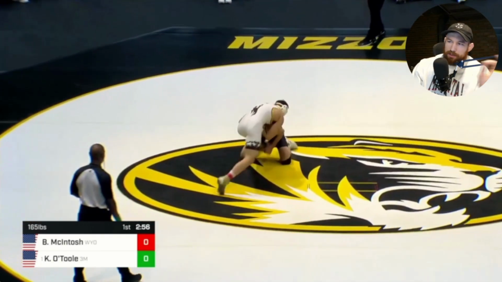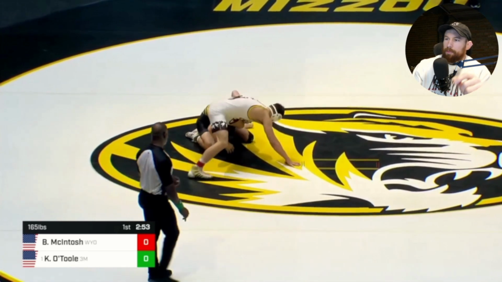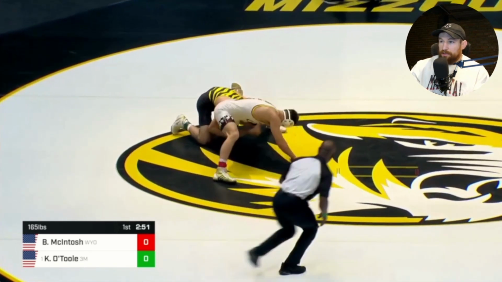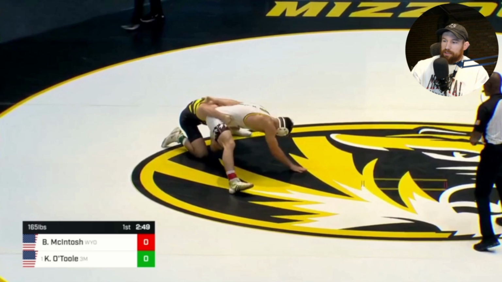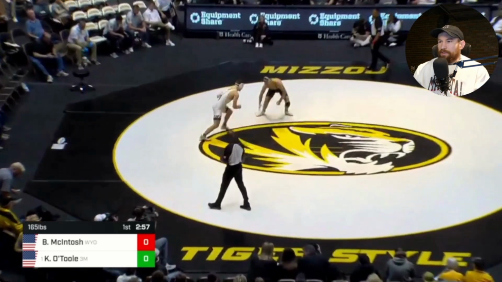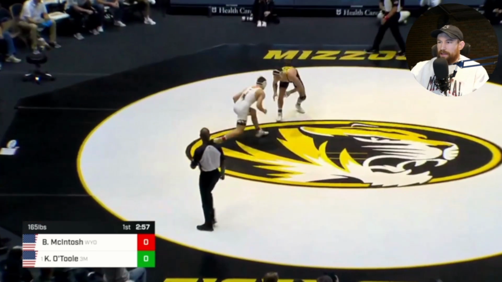Here again, same low single attack. Head ends up in a different spot. But again, it's against guys with left leg leads that we tend to see him take this kind of attack. So this guy's heavy, left leg lead, maybe trying to fake here a little bit. Not a